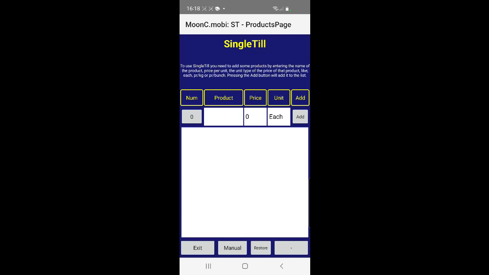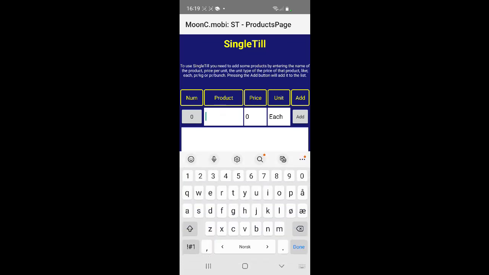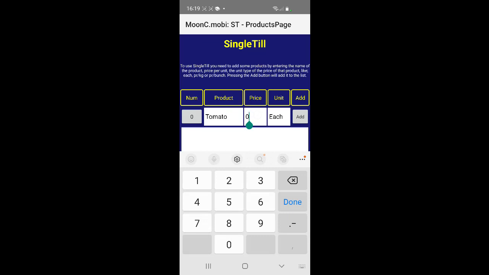Let's say we are a small vegetable shop, and the first product we're going to add is tomatoes. You enter the product name and the price, and the unit will describe what type of sales unit you use. In this case, it's each.